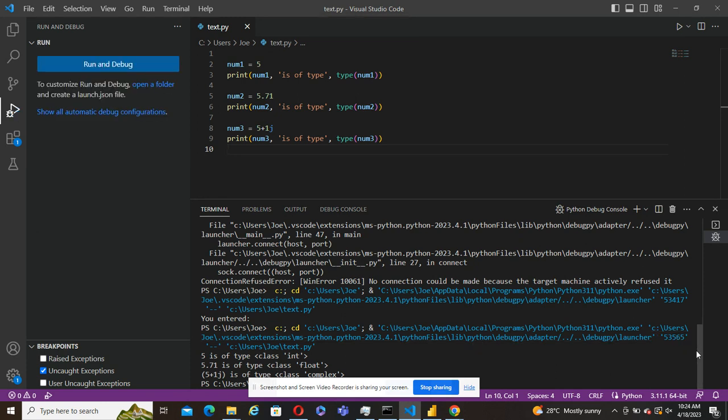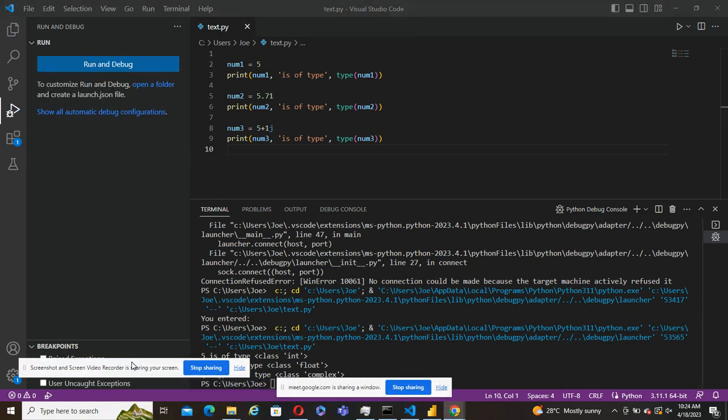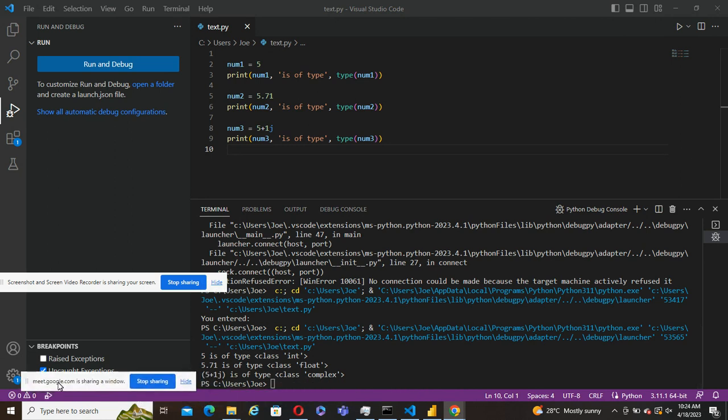Right, now you can see from my screen, it says 5 is of type class int, 5.71 is of type class float, 5 plus 1j is